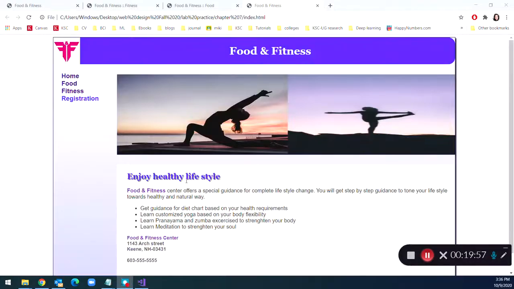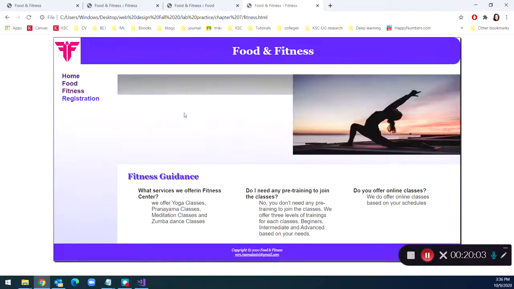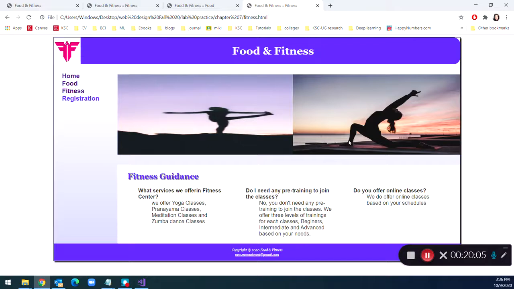So if you refresh the page, you can see this is the image tag and this is the background image, and here this is the yoga image, and then I have overlapped another image over this that is floating around the right side. Okay,